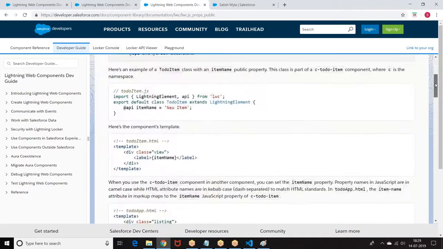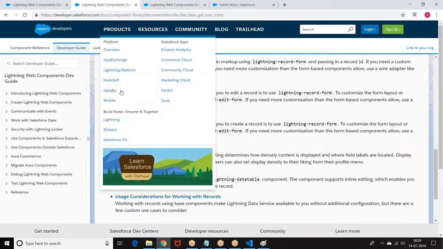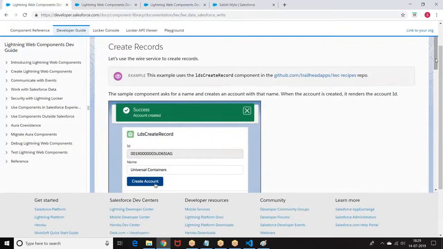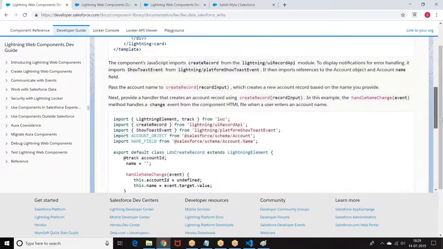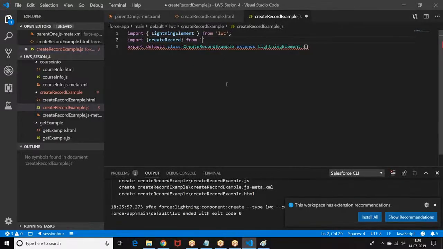If you want to use it, we are supposed to import the record URI. I have lightning/uiRecordApi. This is the one you are supposed to import if you are using it.